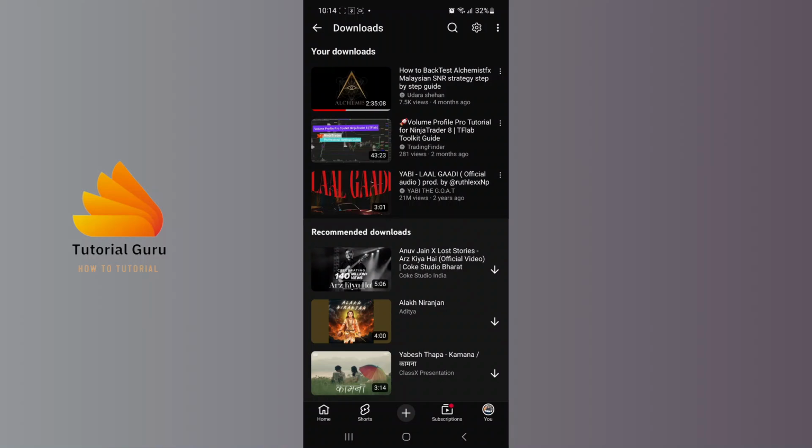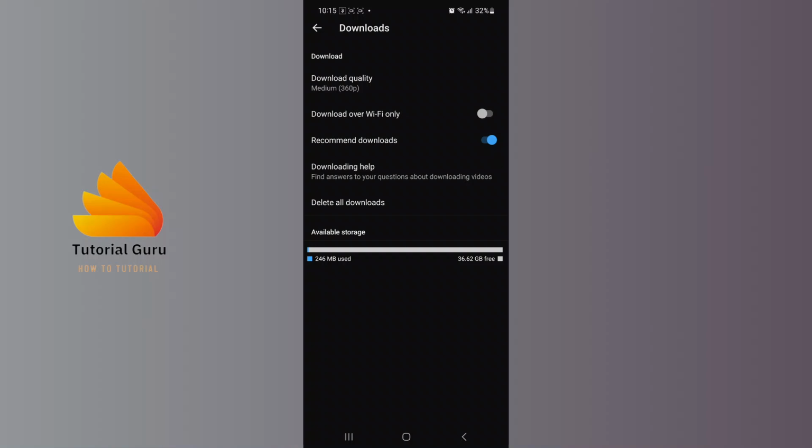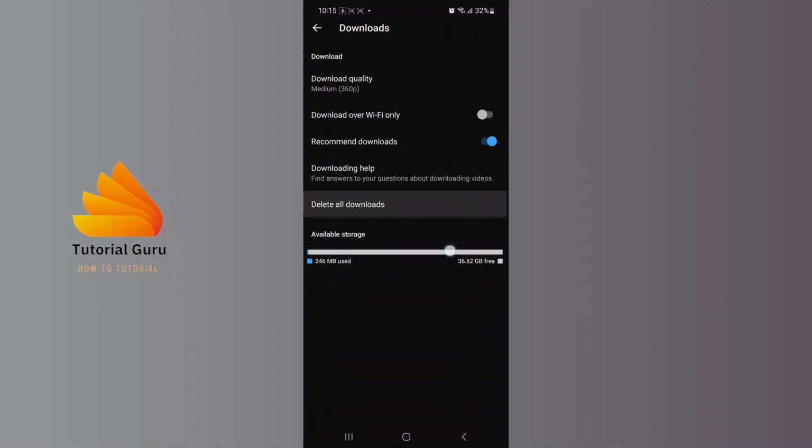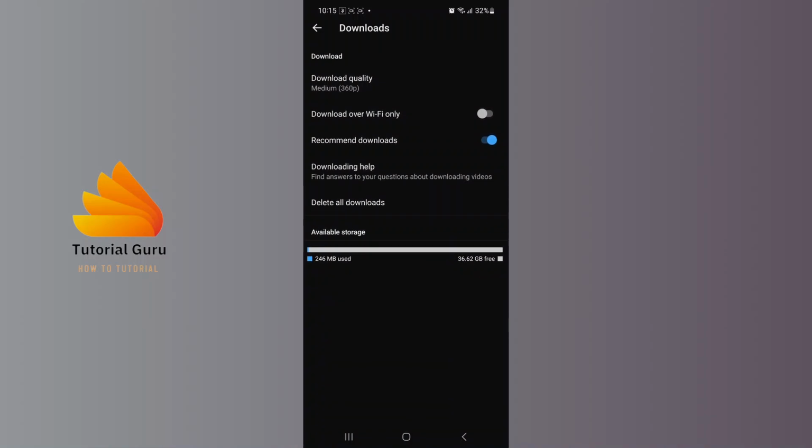Now in order to delete the downloaded videos, simply tap on the three dotted icon available for us at the right side of each video, and you can see the delete from downloads option. Or if you tap on the settings or the gear icon at the top right corner of the screen, you can see the delete all downloads button. If you tap on the delete all downloads button, guys, all of the videos you downloaded on YouTube will be deleted at once. And with that being said, guys, this is how you'll be able to delete the downloaded videos